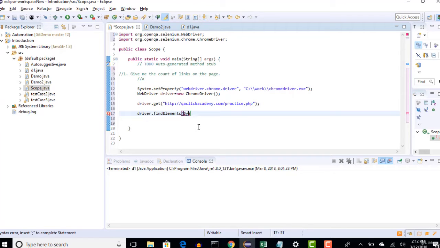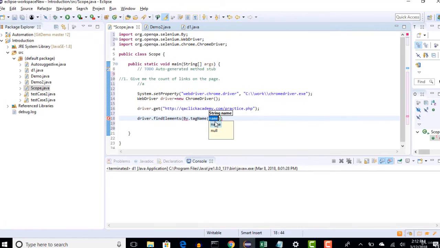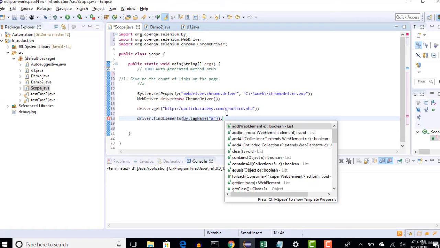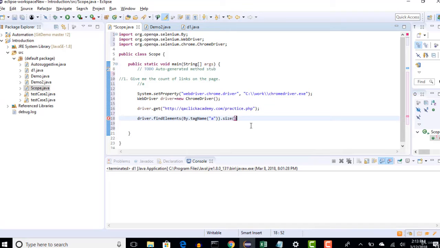So using that hint, I will say By dot tagName. Here I am saying go and find all the objects which have tag name A, which is nothing but the links count. That's it, right? And I can say dot size. Size will give you the actual count of the links.